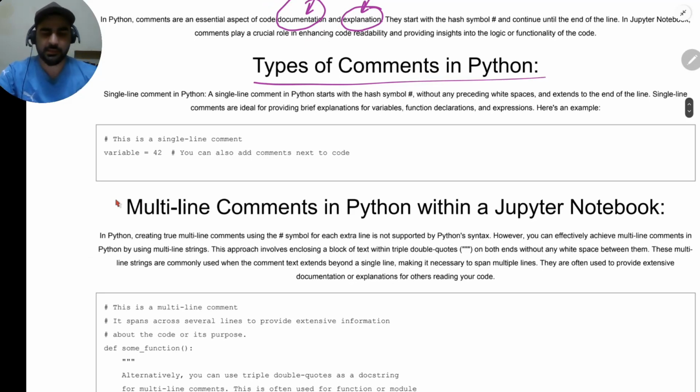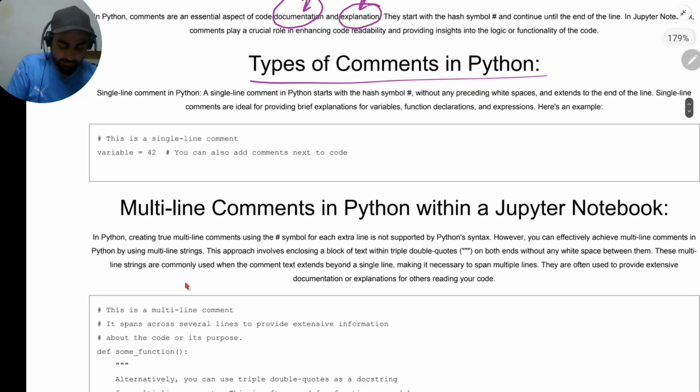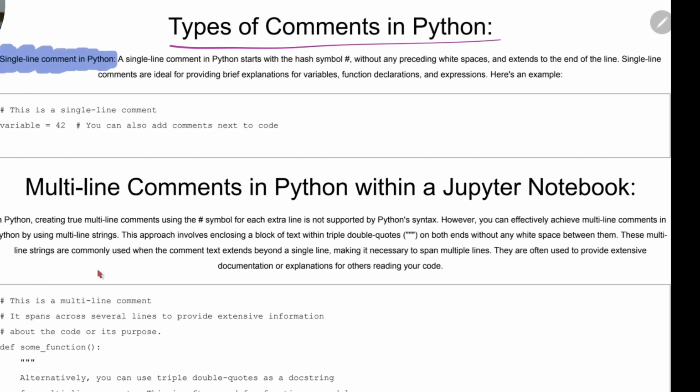The first thing is single line comments, which I mentioned in here. There are single line comments in Python. A single line comment is made by putting a pound symbol, or hash symbol as we usually call it, in front of a line. That line will be ignored by the compiler. The compiler won't call it a statement, it won't be executed, it will just ignore it. If you see it here, I just put a hash symbol here, and when I wrote the next line, there was no hash in front of that. So this was executable.